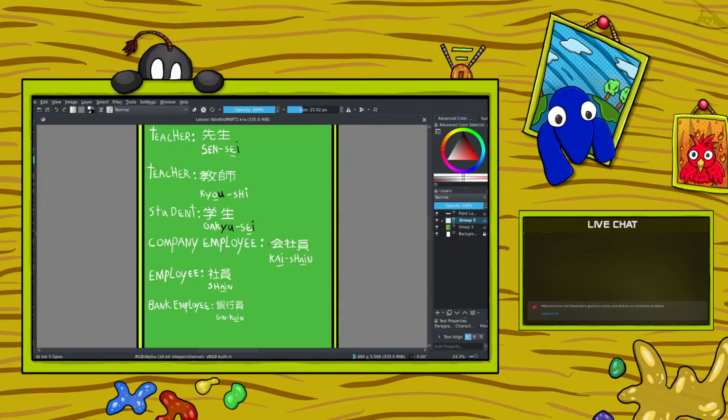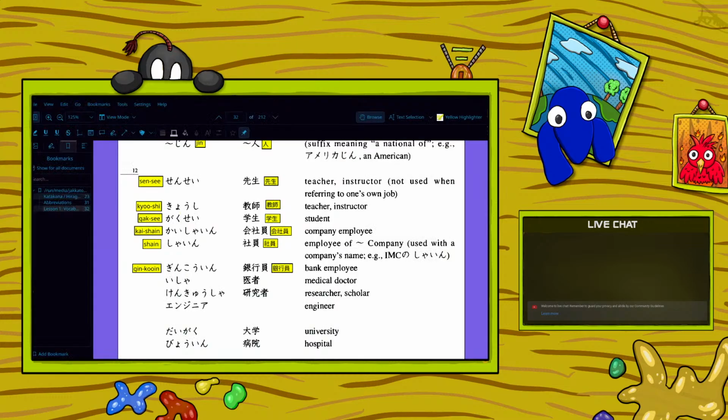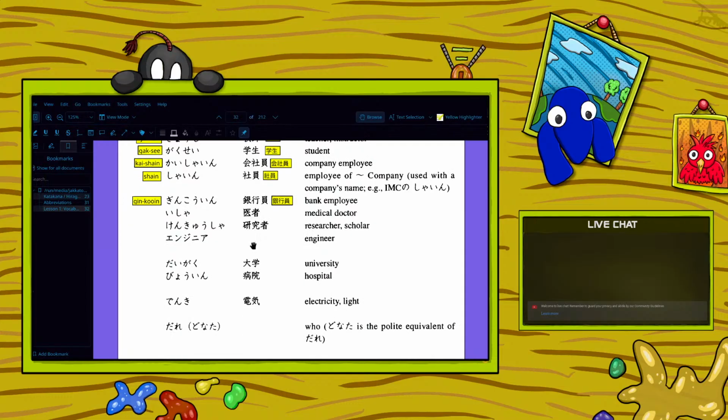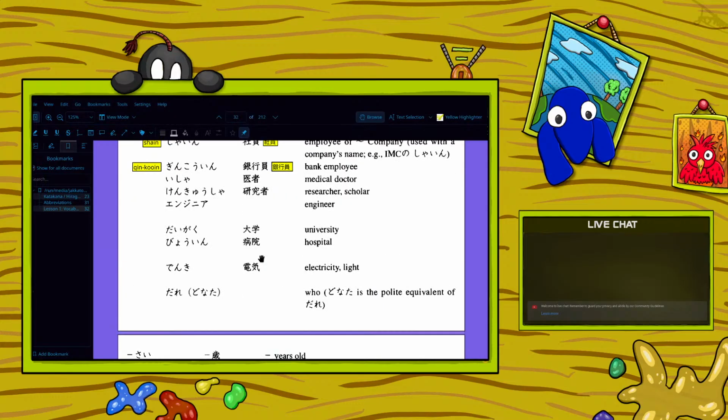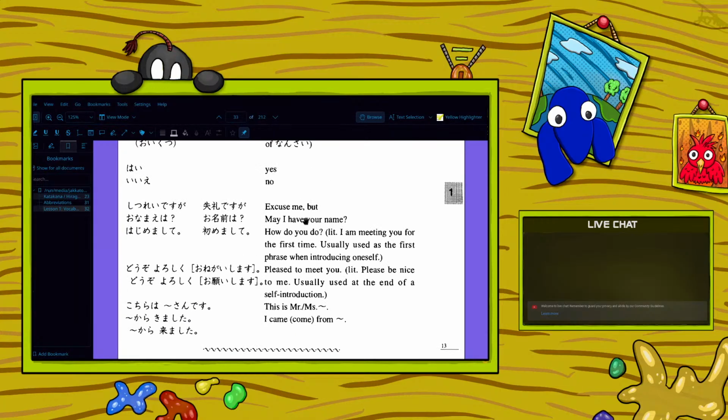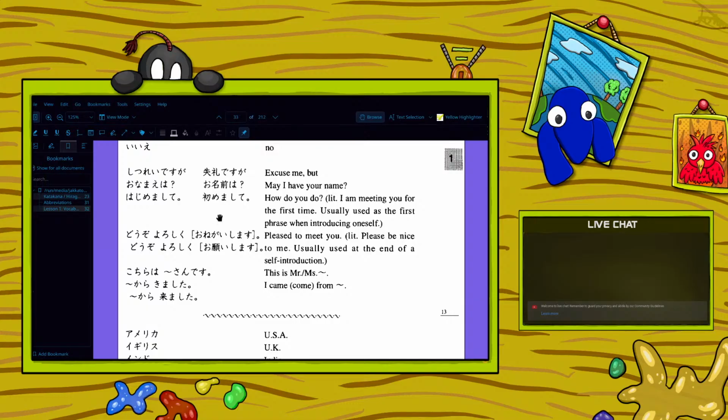And then next time we're going to be going for what words are we doing? We're then looking for the professions of medical doctor, researcher, engineer, university, hospital, and then of course electricity and who. And that's going to be then tomorrow. Interesting, who doesn't have any kanji. That is good. That is lovely to see that. So yeah, and then after that, I'm probably going to be also adding the years old, the how old, and then yes and no. And then the next lesson after that is going to be full